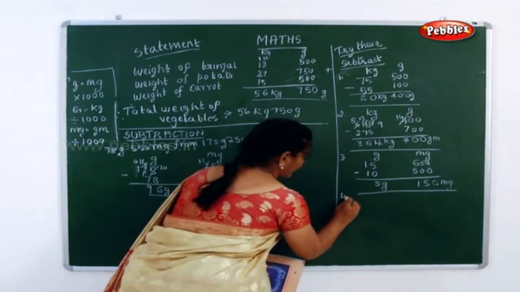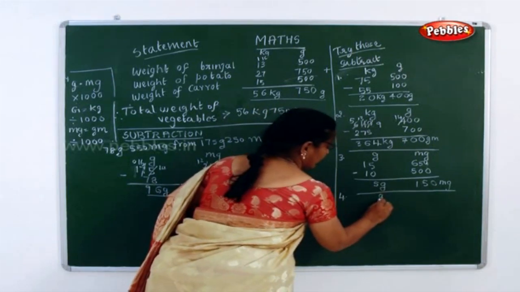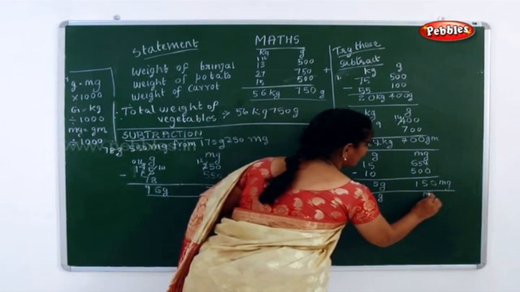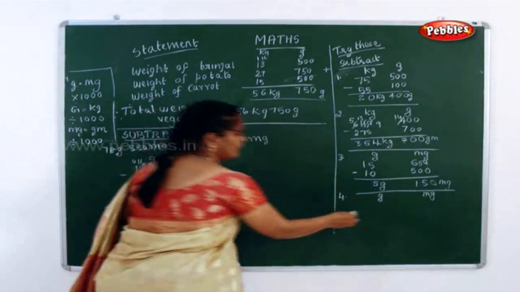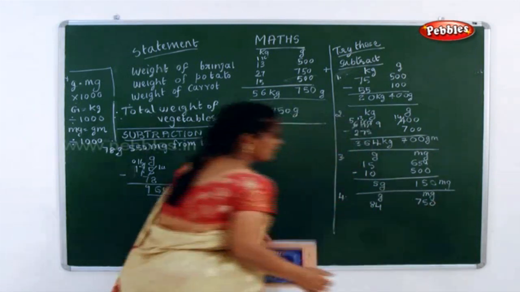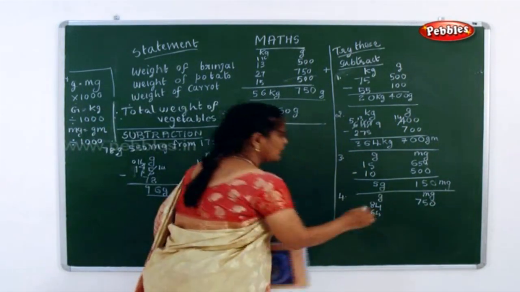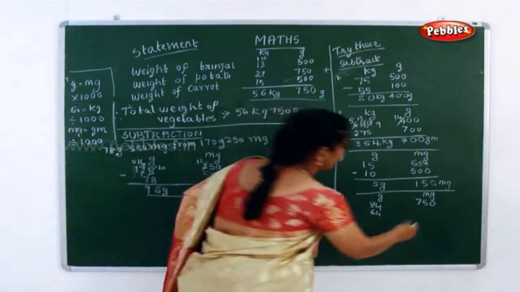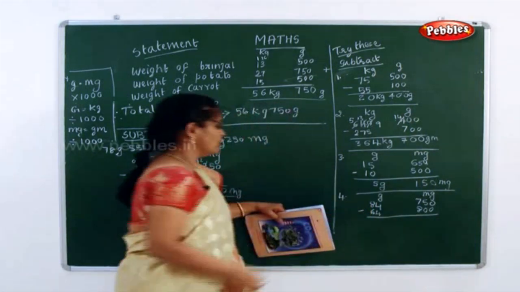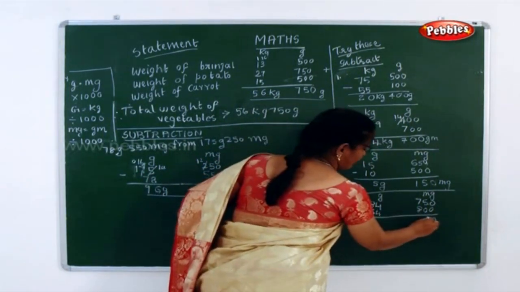One more sum I'll try for you. What is the last one? 84 gram, so I'm writing gram here. 750 mg. Immediately you write mg here. So what did I tell you? 84 gram, 750 mg. Now what do you have to minus? 64 gram. And what is the mg they have given? 800 mg. Minus, always put this. What is 0 minus 0? 0. 5 minus 0? 5.